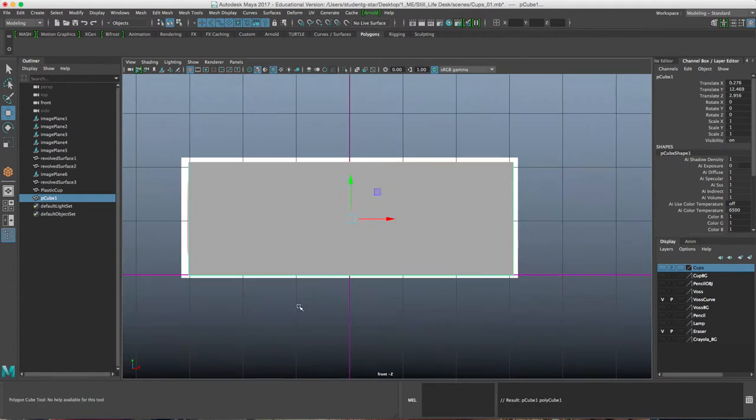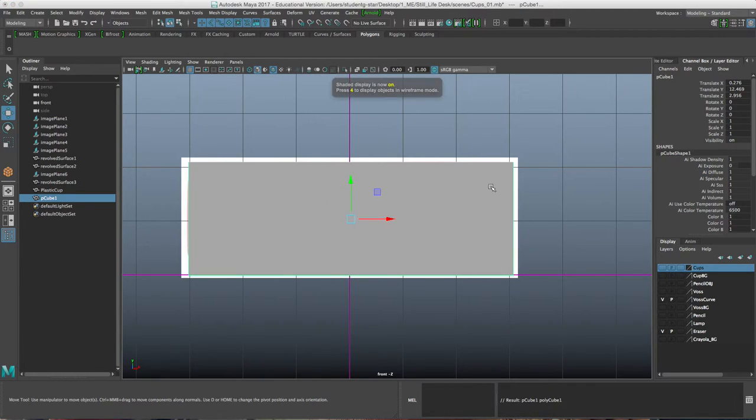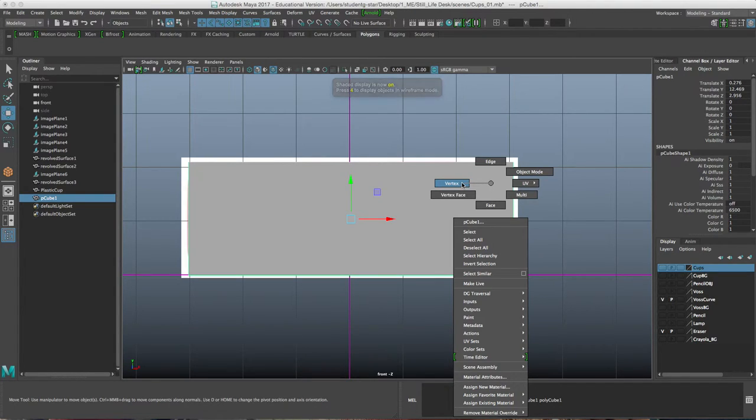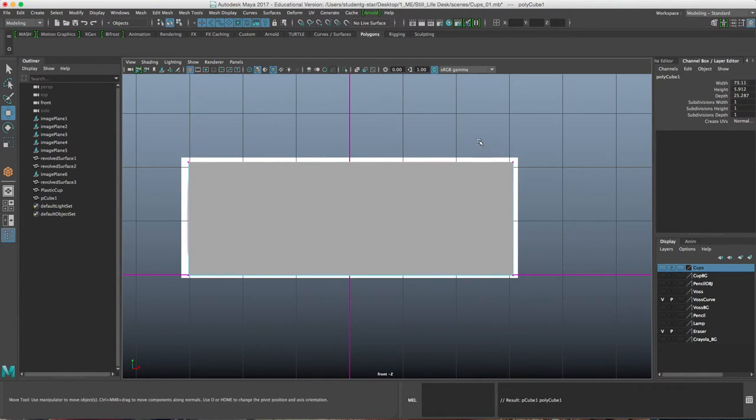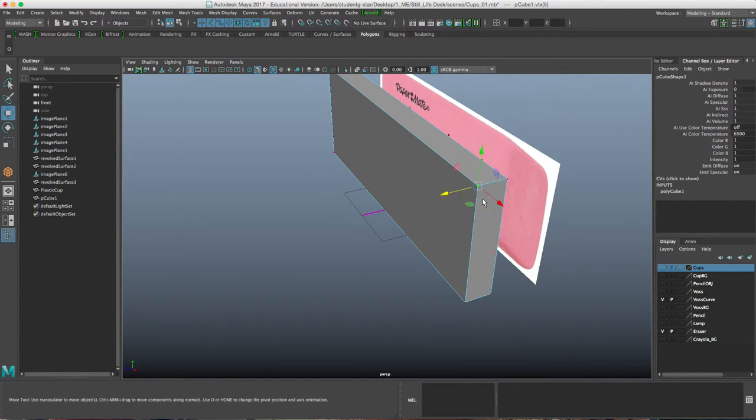So if I press 4, I can see the top of that eraser, and we need to press 5. We'll go to Control Vertex. Let's go here, perspective. I'll click on that vertex,